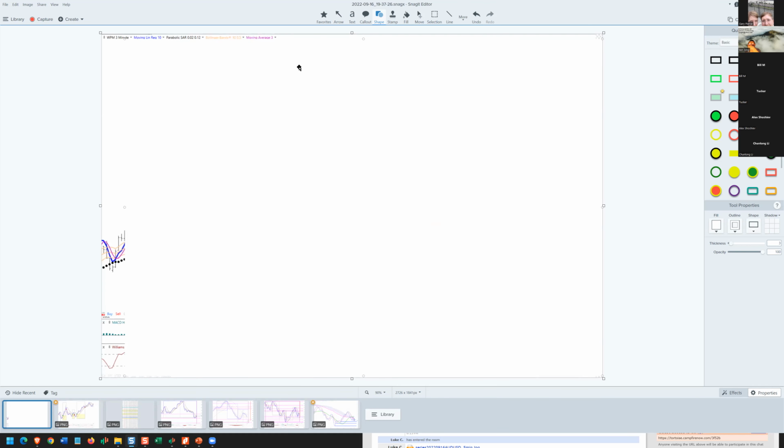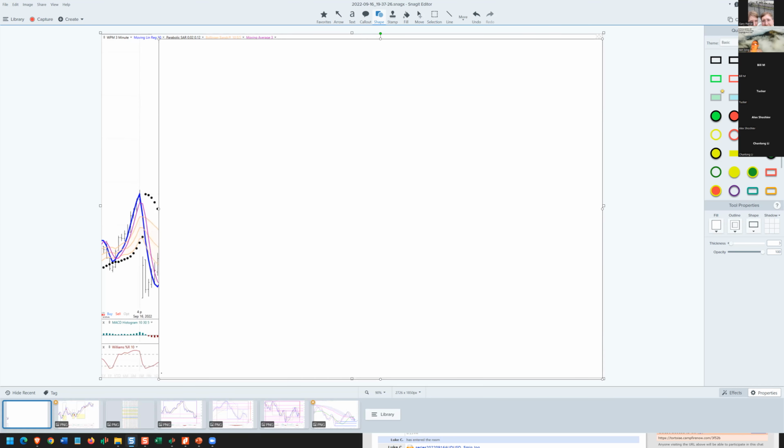The other one that worked out was Wheaton Precious Metals. Now this one was interesting because it's been underperforming, but today it jumped to the top of the stack along with the semiconductors pretty quickly. So here's what that looks like. This was yesterday's close right here. And here's the OR3, and it's starting to bottom out with the RL10, and feels like it's trying to hook up. So this could be interesting.